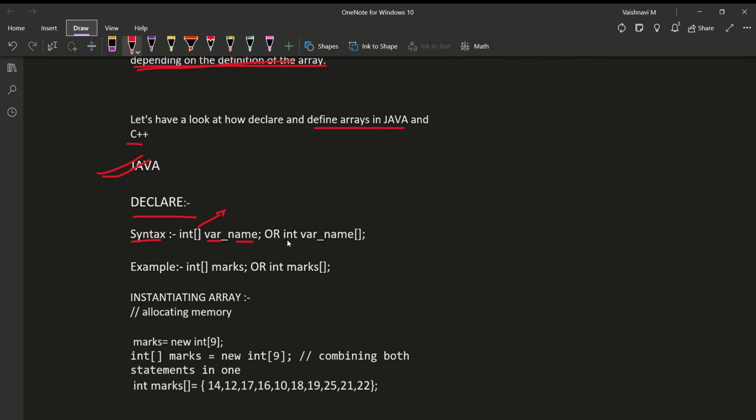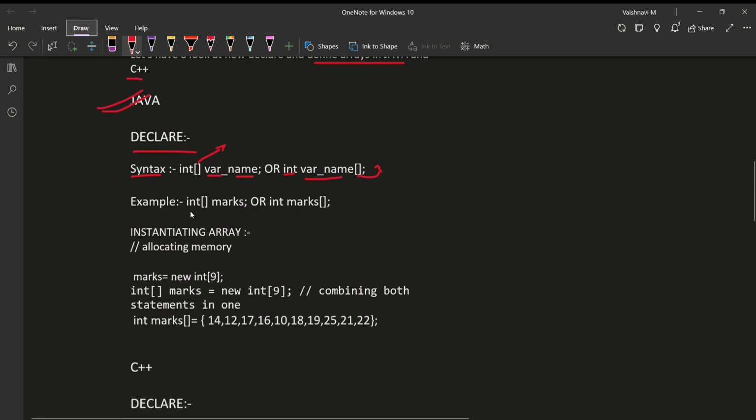Or it could also be declared in this way: integer data type, variable name of the array, and then the square brackets to indicate that it is an array. Let's have a look at an example. int[] marks or int marks[].